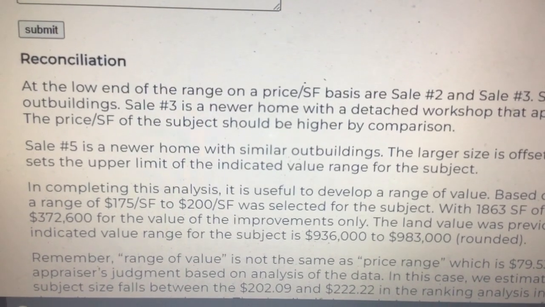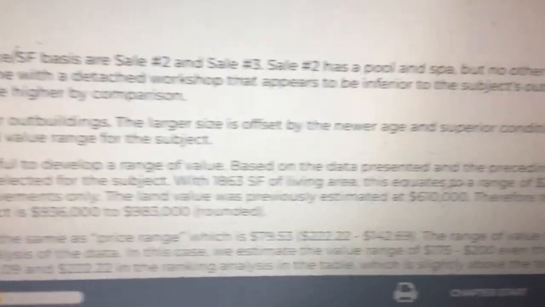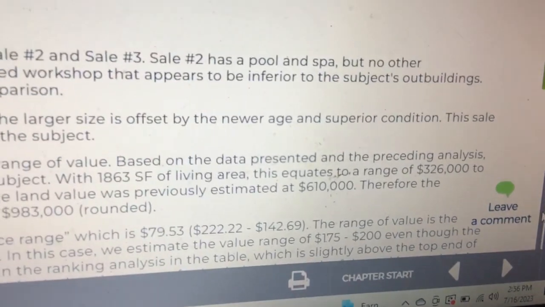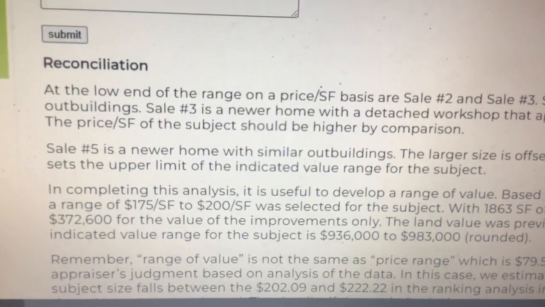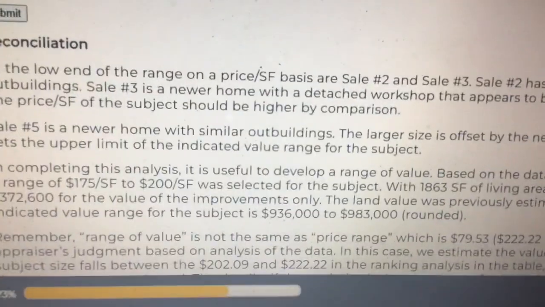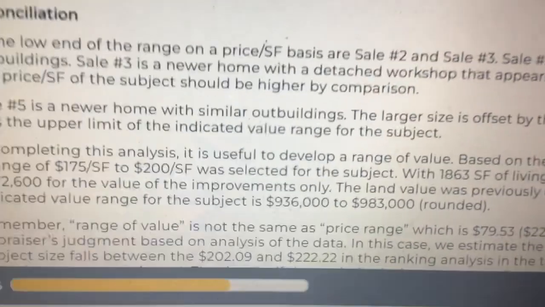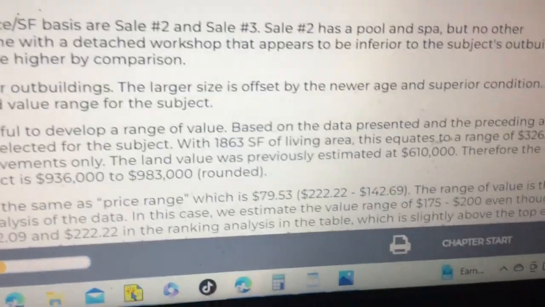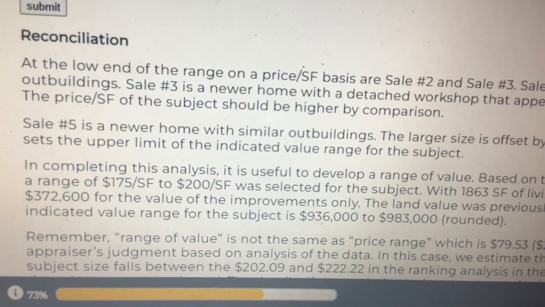Sale number 5 is a newer home with similar outbuildings. The larger size is offset by the newer age and superior condition. This sale sets the upper limit of the indicated value range for the subject. In completing this analysis, it is useful to develop a range of value based on the data presented and the preceding analysis. A range of